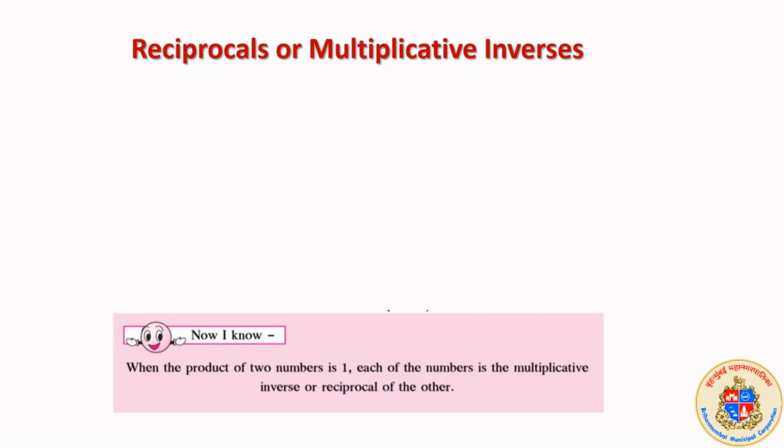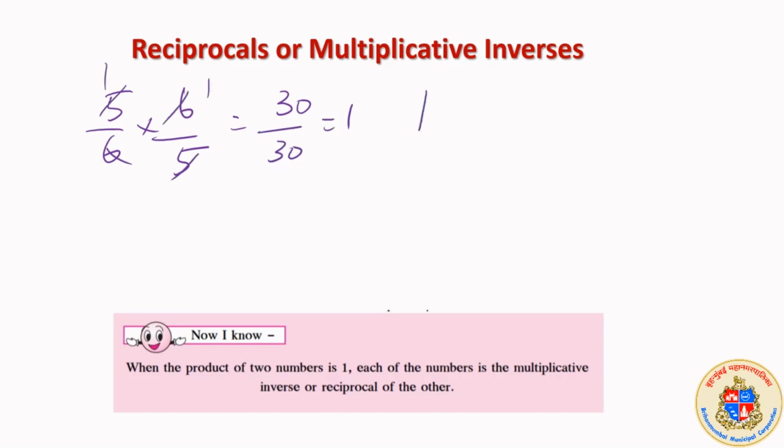For example, if 5 upon 6 is multiplied by 6 upon 5, you can either cancel or otherwise write 30 upon 30, which is equal to 1, no problem. Otherwise you cancel it and write it as 1. 6 divided by 6, 1, 5 divided by 5, 1, 1 into 1 is equal to 1. It is only 1 and 1. One condition. 4 into 1 upon 4 is also equal to 1. 4 cancel with 4, 1. Otherwise this is equal to 4 upon 1. That means a simple number, if you write a number, it means the denominator is 1.